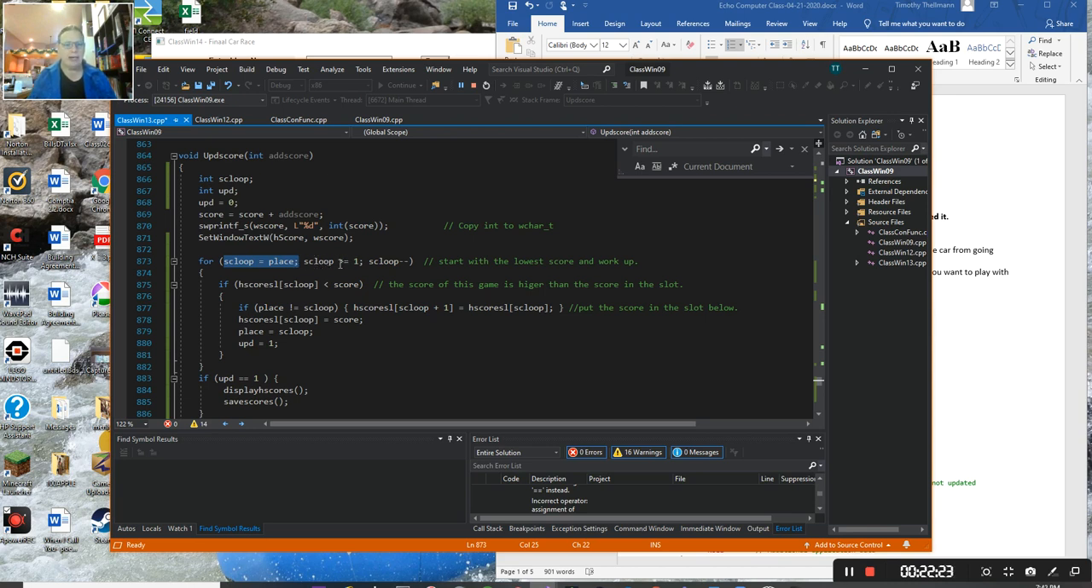We're going to go until sc loop is greater than or equal to 1. So we're going to start from the place you're at and look up to first, including first place. So we're counting backwards from the bottom of the loop: 6, 5, 4, 3, 2, 1, we're out. Okay, so we're just going sc loop minus minus. Okay, now,